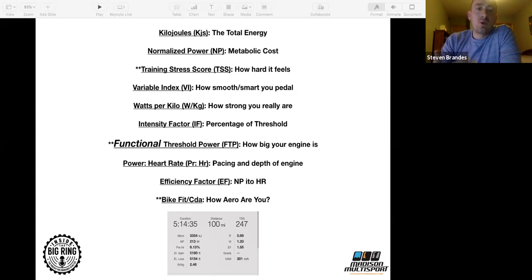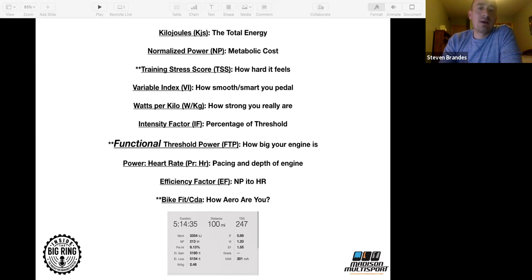A good data point to look at is for an Ironman, and we'll get into this, your TSS score is going to be around 250 to 260 to 280. If you're above 300 TSS for an Ironman, chances are you're going to be walking quite a bit of the ride, as long as your numbers are correct in here. So TSS, I like to think, is how hard was this ride? How hard did it feel? It's a feeling.